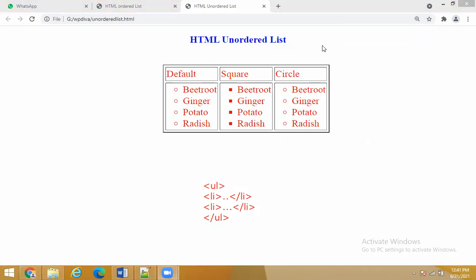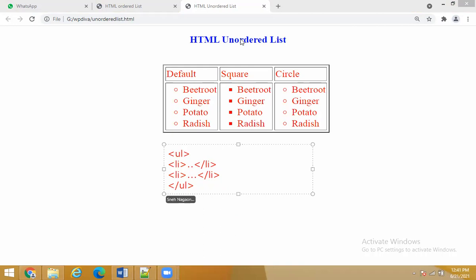Once I decide which list I have to take, next, can you tell me how I'm going to write this UL code, where I'm going to write this code? First, which tag am I going to take?